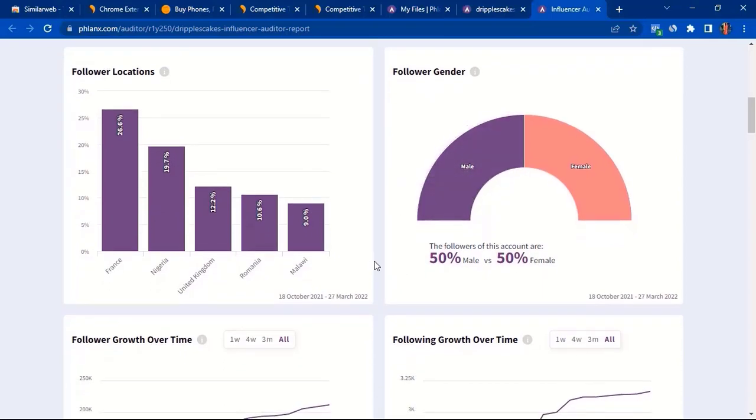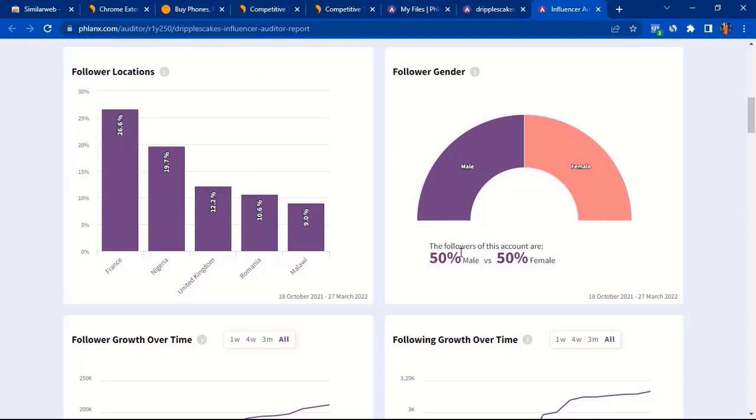And she has more like a 50-50 follower ratio: male 50%, female 50%. This is just insane. I mean, you wouldn't know. So this tells you that her product doesn't just cater to females alone, it caters to males. It's an equal engagement rate. This is good.